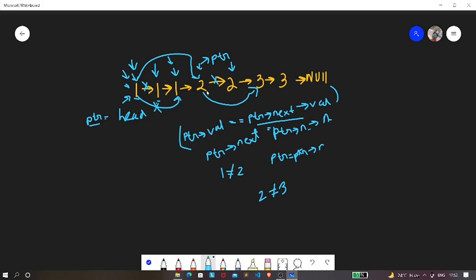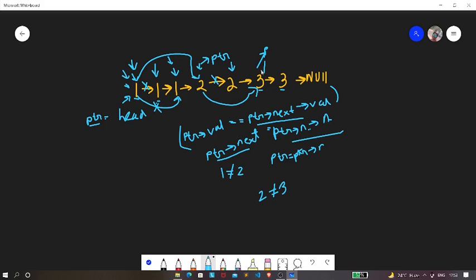Hence we're going to move our ptr. Now our ptr will be this element 3. Next we check whether this ptr of val is equal to ptr of next of val. I find that this is also 3 and this is also 3, and hence they're equal. So we perform this operation, ptr of next is equal to ptr of next dot next.